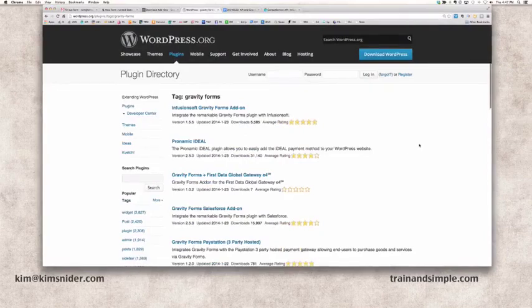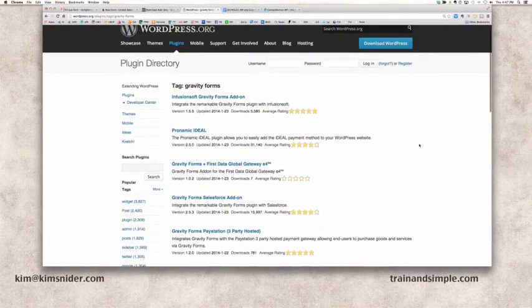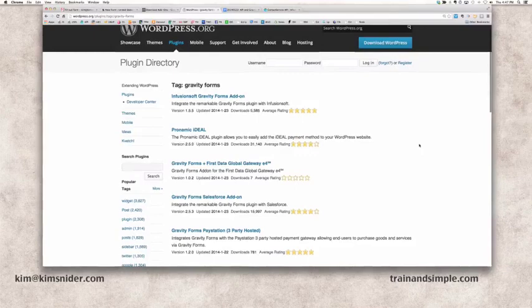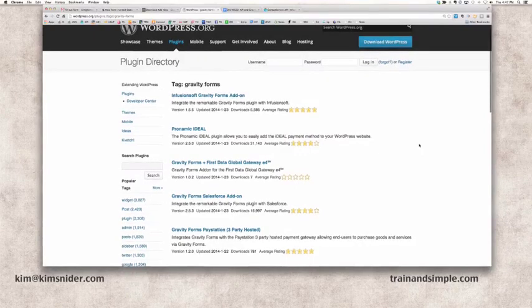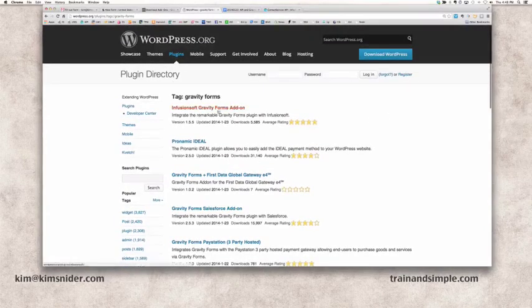It's used that way for so many things. So people have written a ton of WordPress plugins for the Gravity Forms plugin that extend it. If you just go to the WordPress plugin directory and do a search on Gravity Forms, the Infusionsoft plugin is right at the top. Interestingly, what we're going to be talking about today is how to not use this,